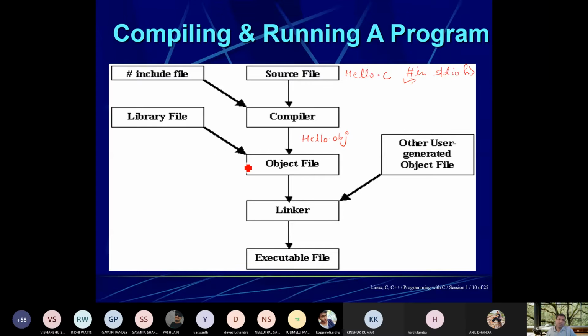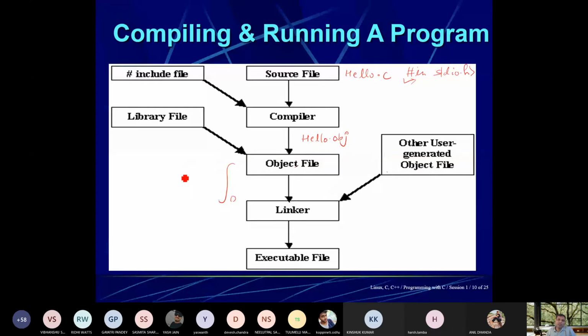If some other things also need to be linked, like user generated object files, if a certain user creates a particular object file, these object files created by the user are linked together with the library file and the object file generated by the compiler.